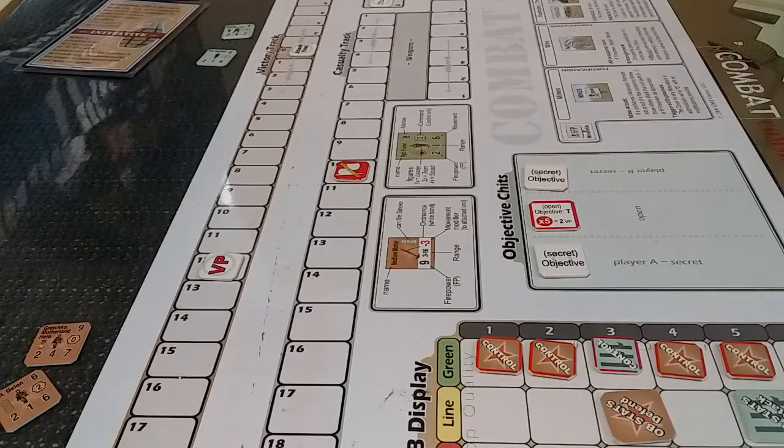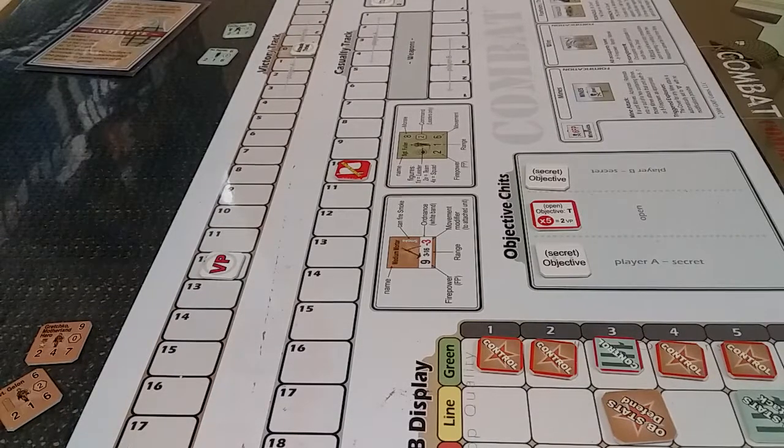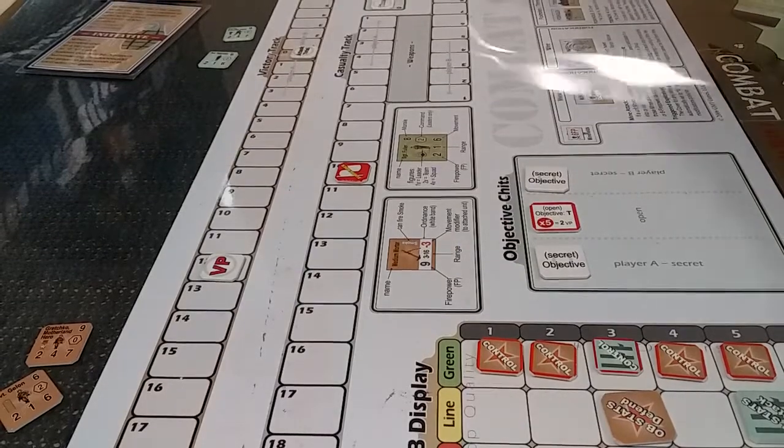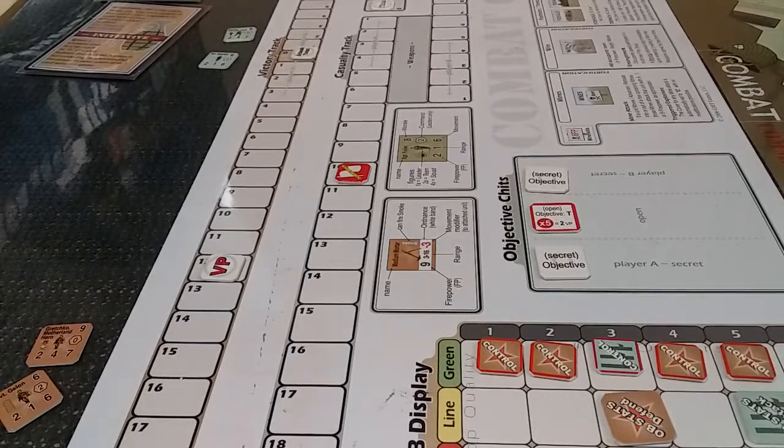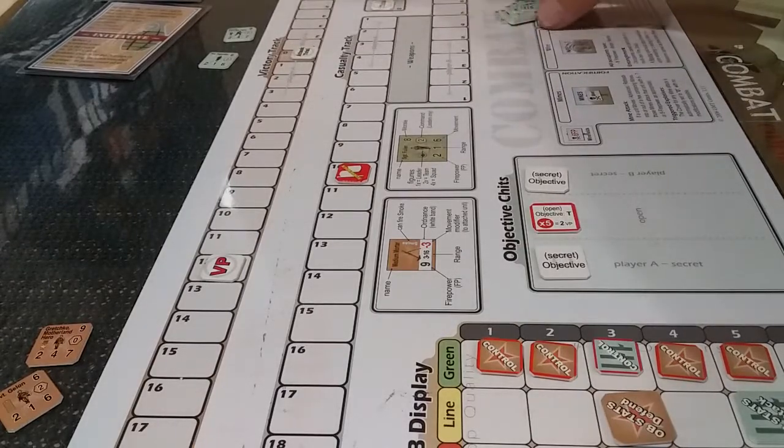The second special rule is reinforcing column. Up to 8 Axis units and their possessed weapons may begin the game in 1 or more spaces on the time track rather than set up on the map. So what I've done is I've set them up 1 mob on turn 2 and 1 mob on turn 4. And again, my reasoning for this is to just add a little bit of flavour. So I've taken it that